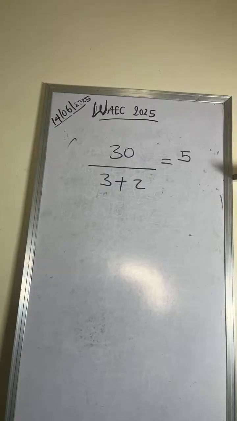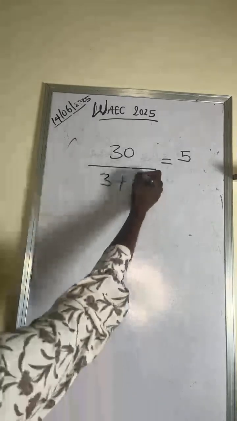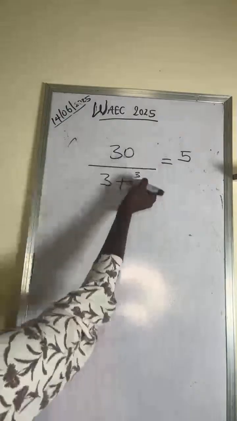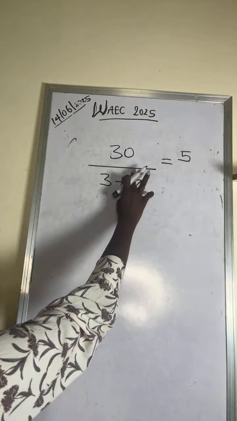So 30 is divided by the sum of 3 and z. The result is 5. Z is 3, yeah? Correct. Let's see. When we put it here, you see 30 divided by 6 is 5. But for those who don't know,